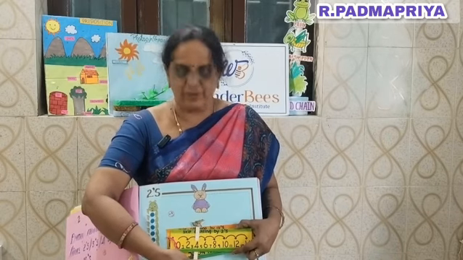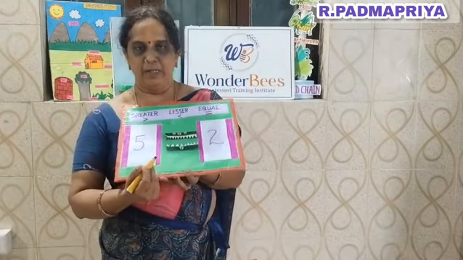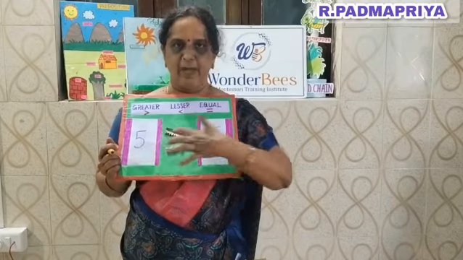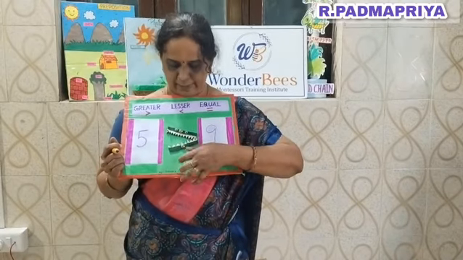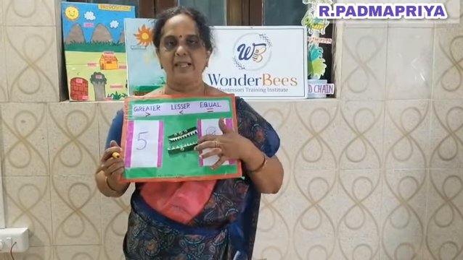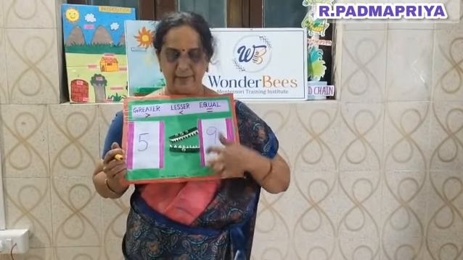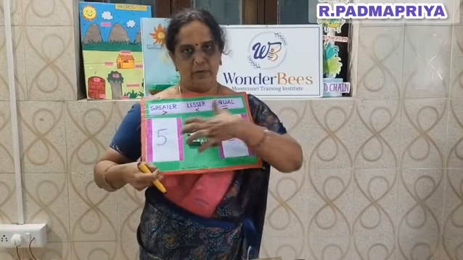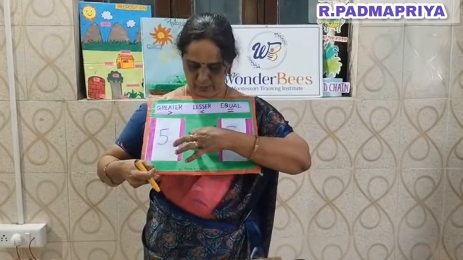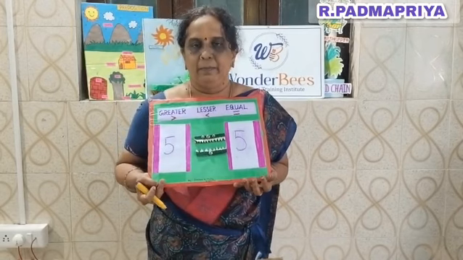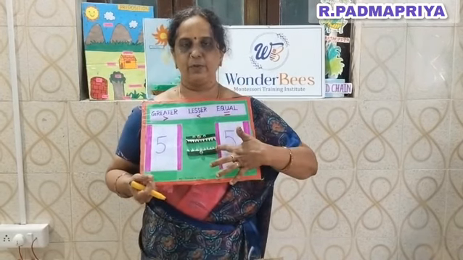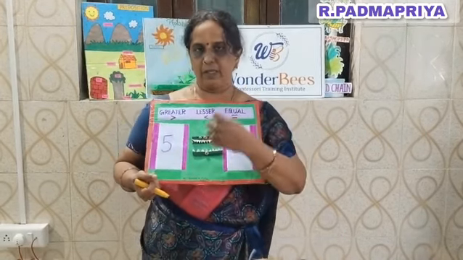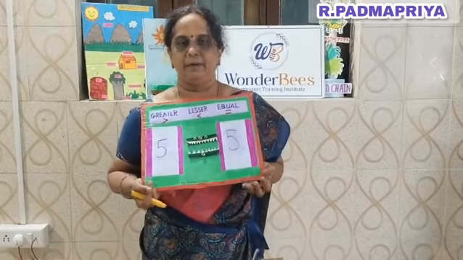Now see, skip counting today by 2. And then we have 3, which we are going to skip. And then since it's skip counting by 2, we have reached 4 right now. And comparison of numbers today. Now we know this is 5 and this is 9. We know 9 is a greater number of the two. So the crocodile has its mouth open at 9. Now we have 5 and this is also 5. Both the numbers are equal to each other. So when we have two equal numbers, they have the equal to sign in between. So right now we've seen greater number, equal number and lesser number in this lesson.